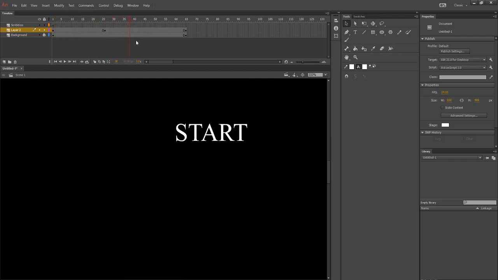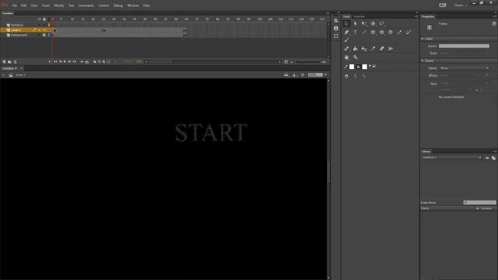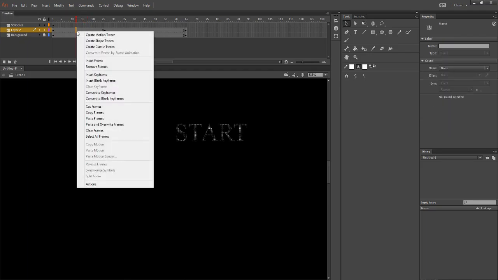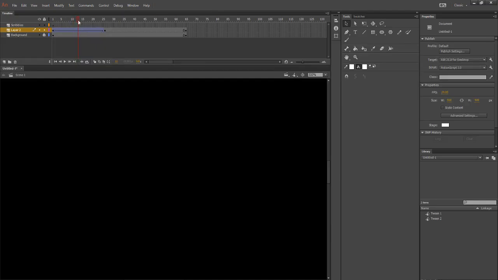So now we have a flashing animation. Yay! But that's not exactly where I want to go with that. Essentially I want to incrementally get lighter with it. So let's go ahead and create a classic tween.